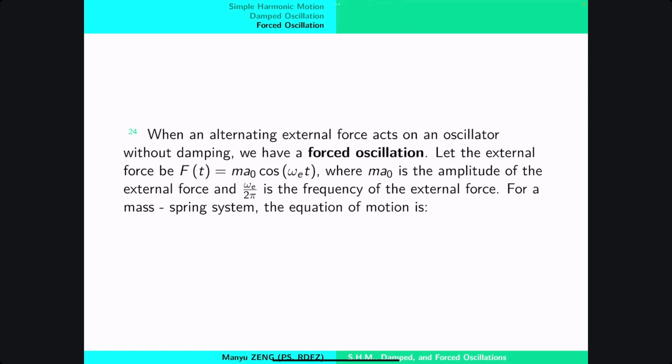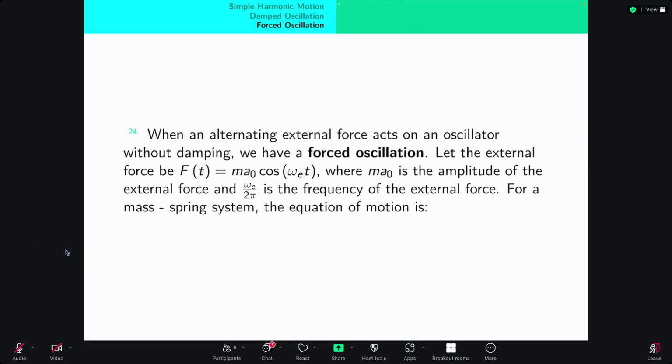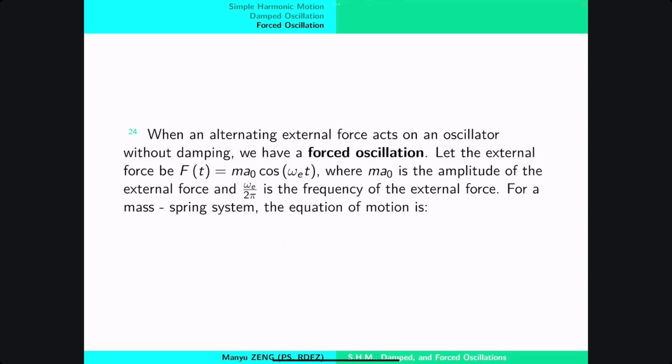So the first two sections are passive oscillation, so the alternating external force. Actually, the external force can be applied in any function, right? So f of t can be not only cosine, it can be exponential, constant, even quadratic, or many things. But if it is in oscillation, so the alternating external force, it is the most interesting, and we will discuss